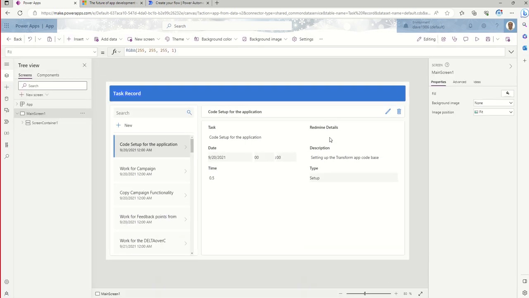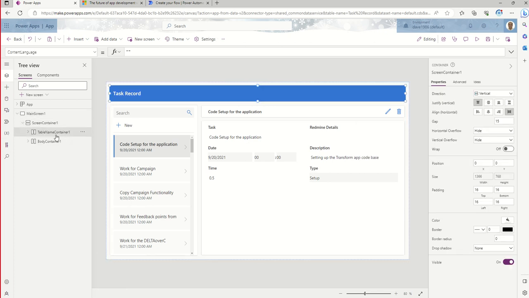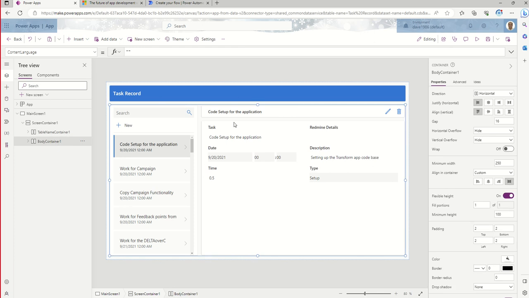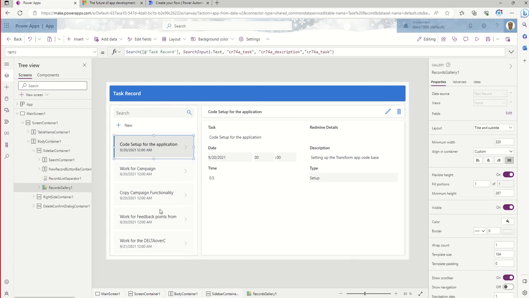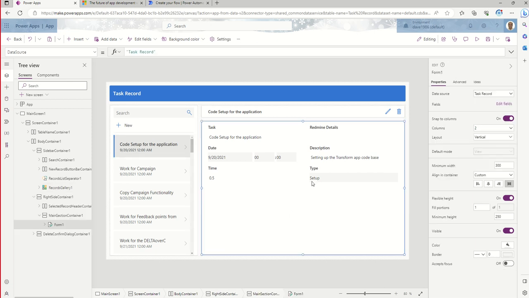But this is something which is created out of the box, and it has some different behavior. The look and feel is very clean. I like the look and feel more than the other Power Apps which we saw in previous years. And the components are the same, like screen container, table name container, body container. You can see all the components in here, so everything you can customize as per your need. So yeah, this is a simple demo of how the app is working, how we can also incorporate the Copilot